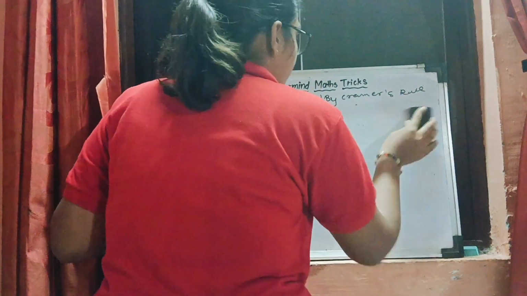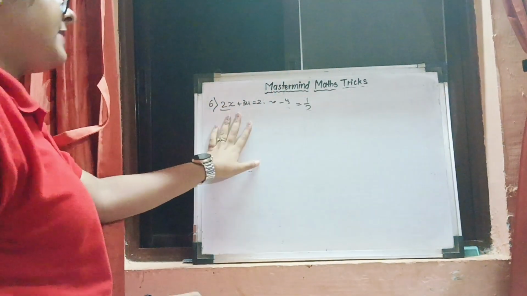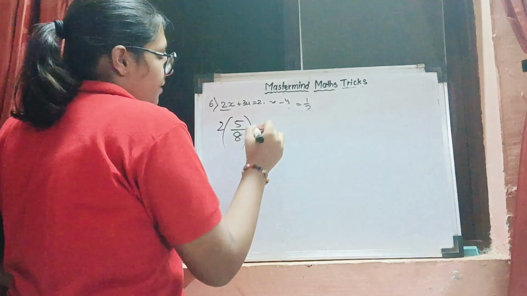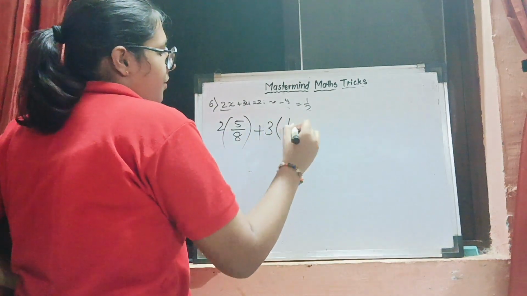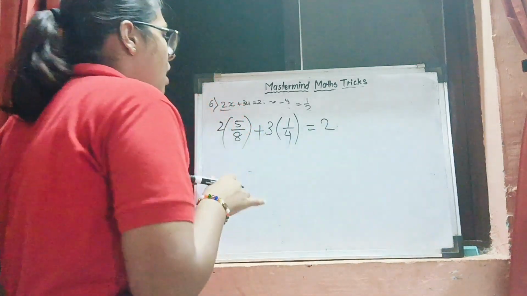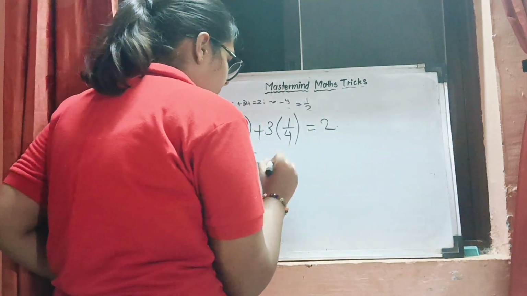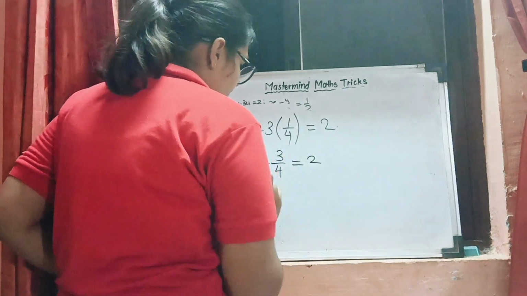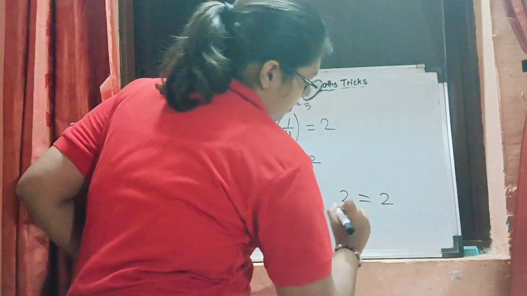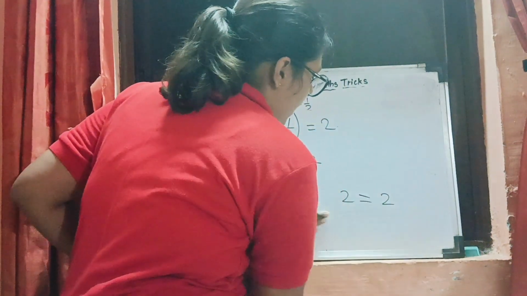First of all, you must verify this by putting in the values. So what was the value of x? 5 by 2 plus, what was the value of y? 1 by 4. Yes, is equal to 2. Now, how to solve this? 2 ones are 2, 2 fours are 8. 5 by 4 plus 3 by 4, you get 2. So 5 plus 3 is equal to 8 upon 4, which is equal to 2. 2 is equal to 2. LHS is equal to RHS.